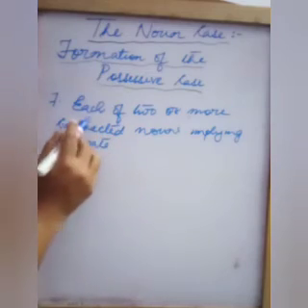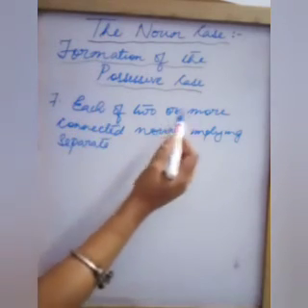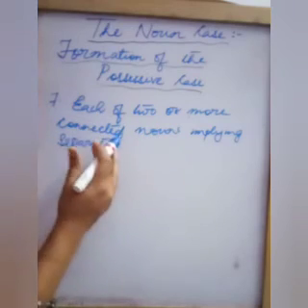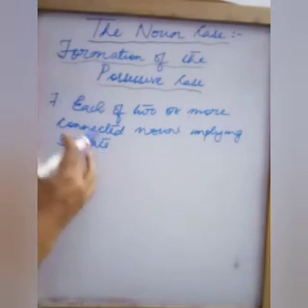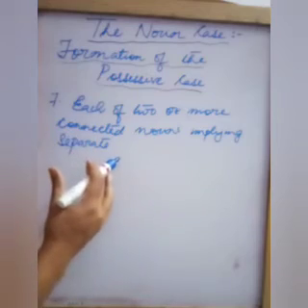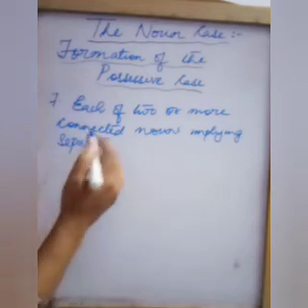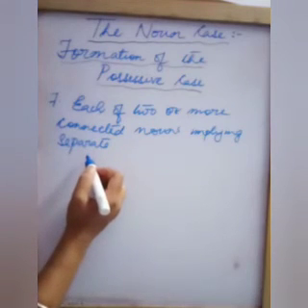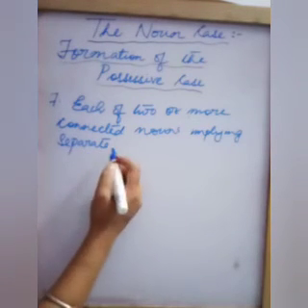Here we are talking about two different nouns, alright? Each of two or more, they are connected, but they will imply separate possession. We will have two nouns and we will show two possessions, alright? Two possessive cases. Each of two or more connected nouns implying separate possession